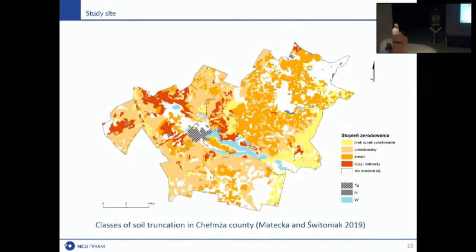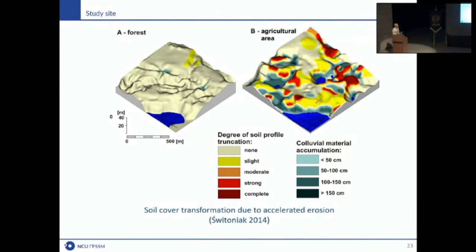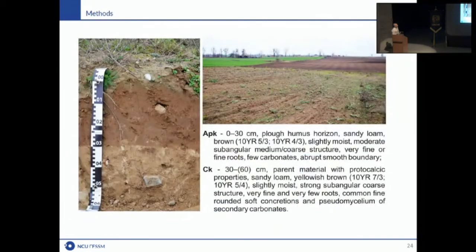Maybe this one is not so important here. In general, we can see that all of this area is strongly transformed by erosion. Of course, in some areas, these totally eroded pedons had more than 1%. In the very undulating areas, they could even cover more than 5, 7, 10% on some sub-areas. But in general, it was 1%.